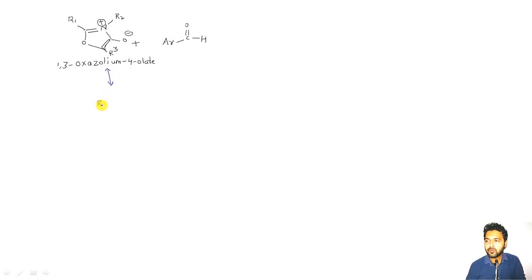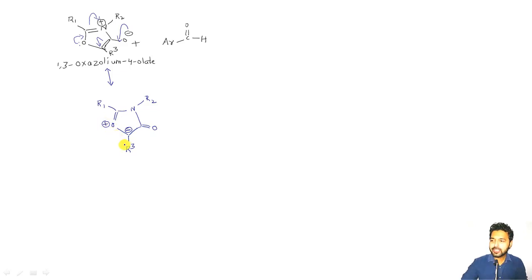Which will be R1 here, single bond. When these two electrons shift from here to here, this will go like this, giving now a single bond here, nitrogen having R2 like this, and now this will have a double bond, oxygen, single bond. These two electrons when shifted like this, the resonance will be something like this, giving me R3 here. This will now become a single bond. This will now become a double bond here, a negative charge, and here what will come is a positive charge.